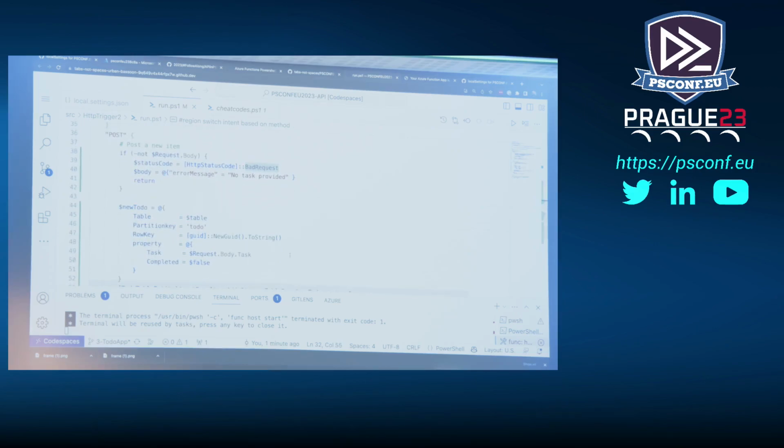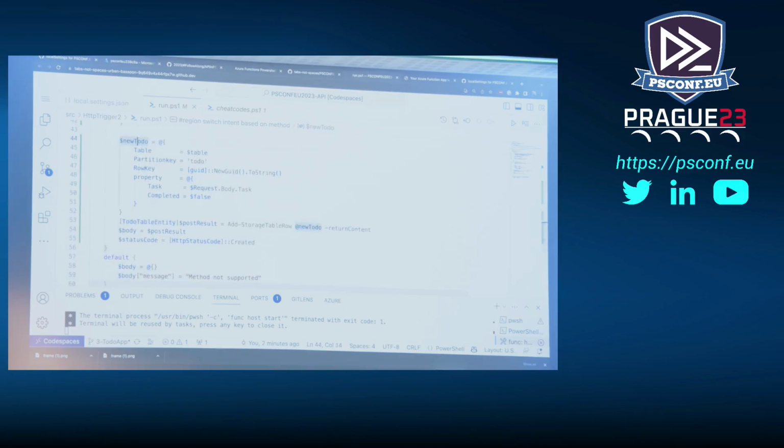If we do a post, it's kind of the same thing. It's a little simpler. We're going to say, okay, if there's nothing in the body, and this is where I'm being controlling where the route is, then I'm going to immediately fail it. Bad request. There was nothing sent to the API for us to process. So try again. If we do find something in the body, then we're going to create just the parameters, again,